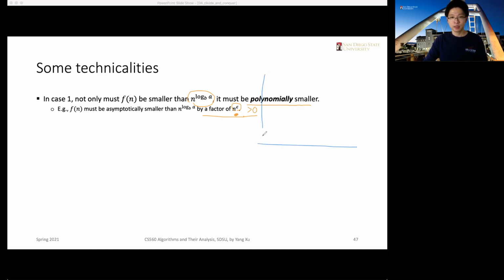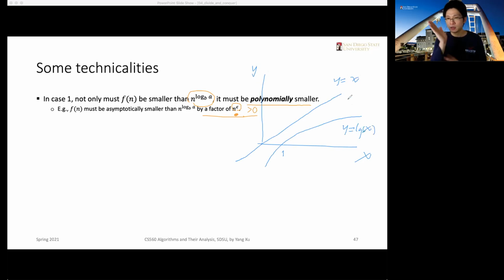If we plot the logarithm function, it basically has this shape, where this is 1 and this is 0. And if we compare it with the linear function, y equals x,